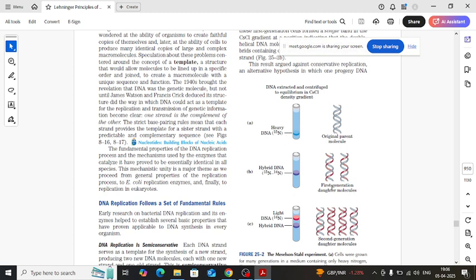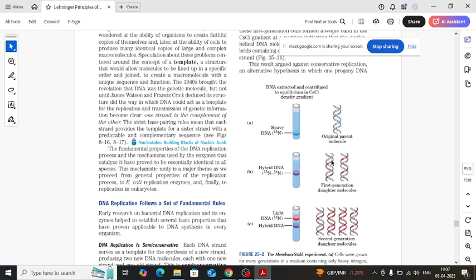And then after one round of replication, for this replication they were incubated in media containing 14N, right. So after this replication, it will result in two molecules which have 15N as well as 14N. So you will get only the hybrid DNA, which is 15N 14N. And then after one more round of replication, which is in the second generation, then you will see that this